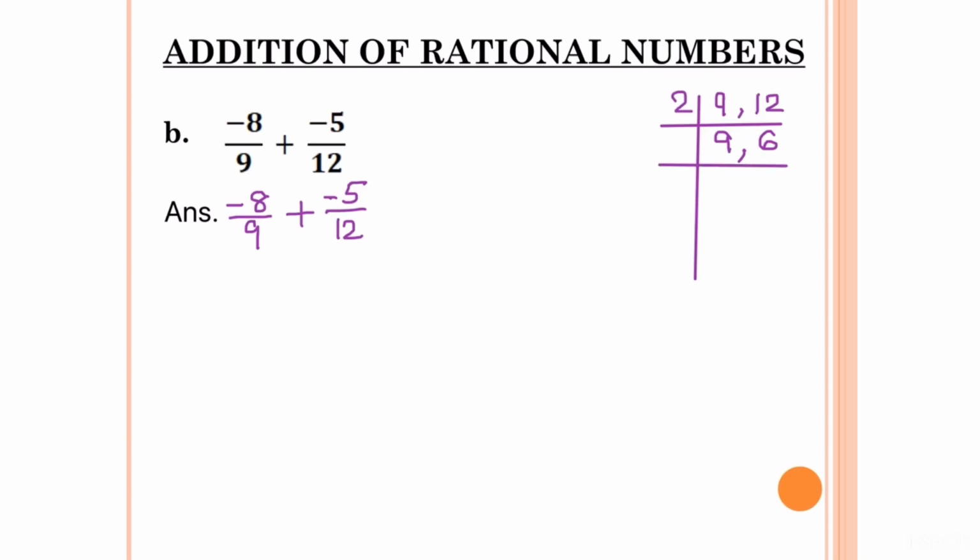Again we can divide by 2 as 6 is divisible by 2. So 9 we write as it is, 2 times 3 gives 6. Now 9 and 3 both are not divisible by 2. So the next prime factor that we are going to consider is 3. So 3 times 3 is 9. 3 times 1 is 3. Let's divide it again with 3. 3 times 1 is 3. And we write 1 as it is.